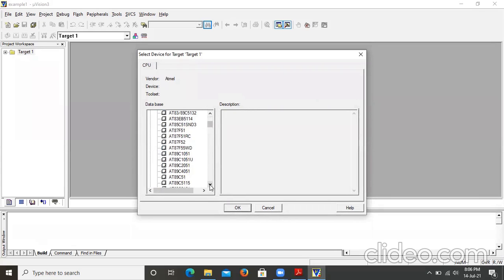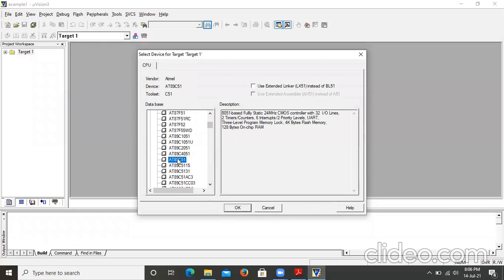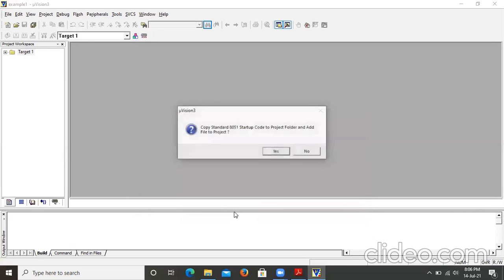Scroll down, go to 89C51. It is our 8051 based microcontroller, and in the description you can observe its characteristics. Select this one, then say OK.